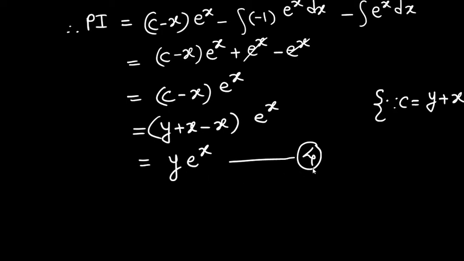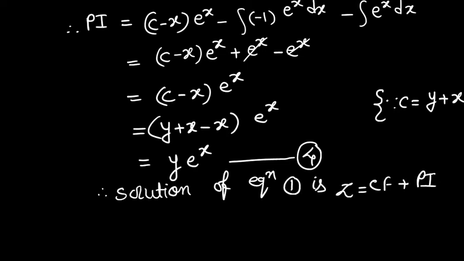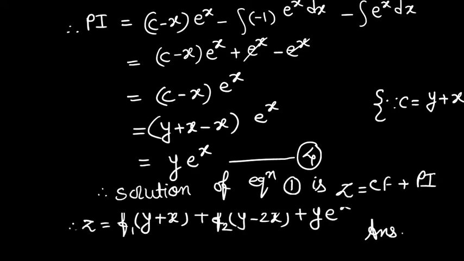Suppose the given equation is a second order differential equation, then we apply this case two times. Otherwise, divide into partial fractions. Two terms are there, apply this case two times. Anyhow, we have to apply this case two times for a second order differential equation. And lastly, we write down the solution z equal to CF plus PI. These first two terms are the CF and the last term is PI, which is the required result. In this way, we solve the problem of case 6.